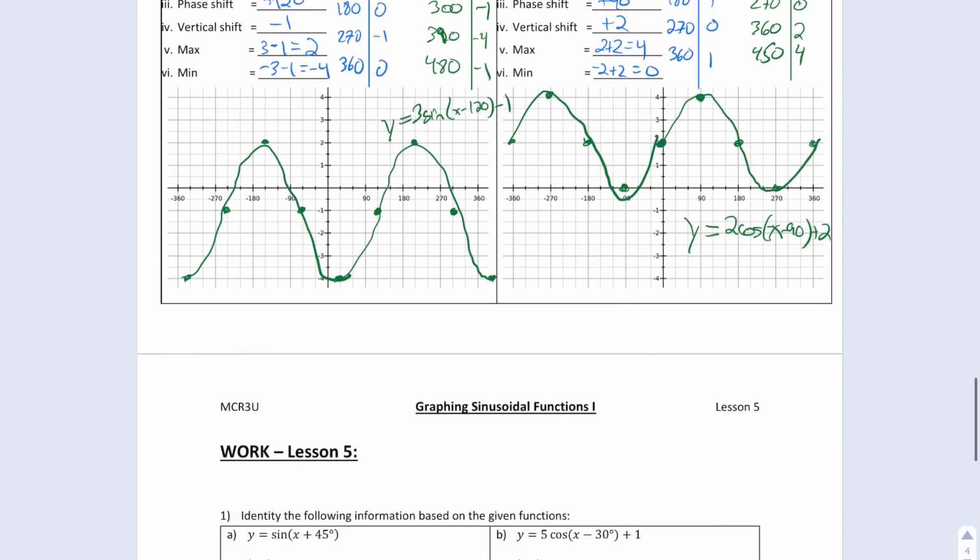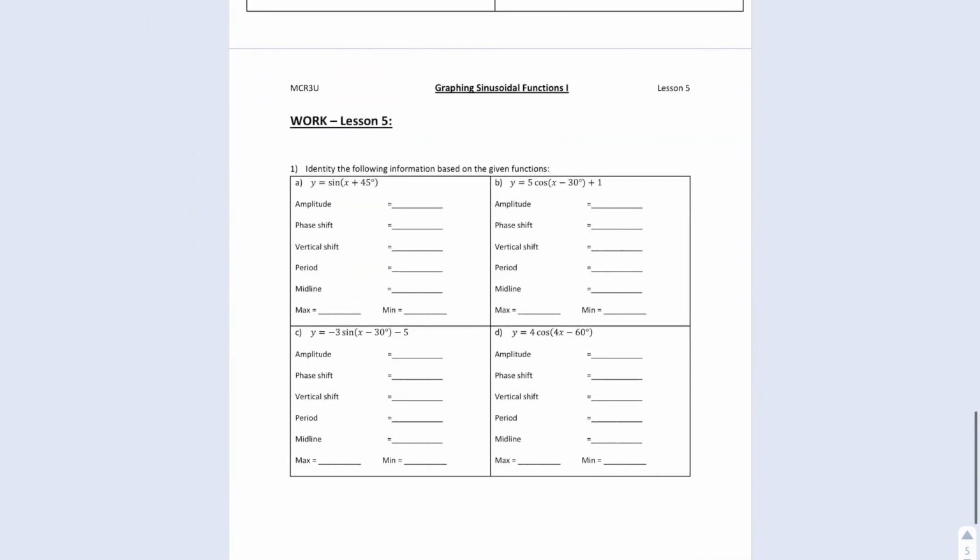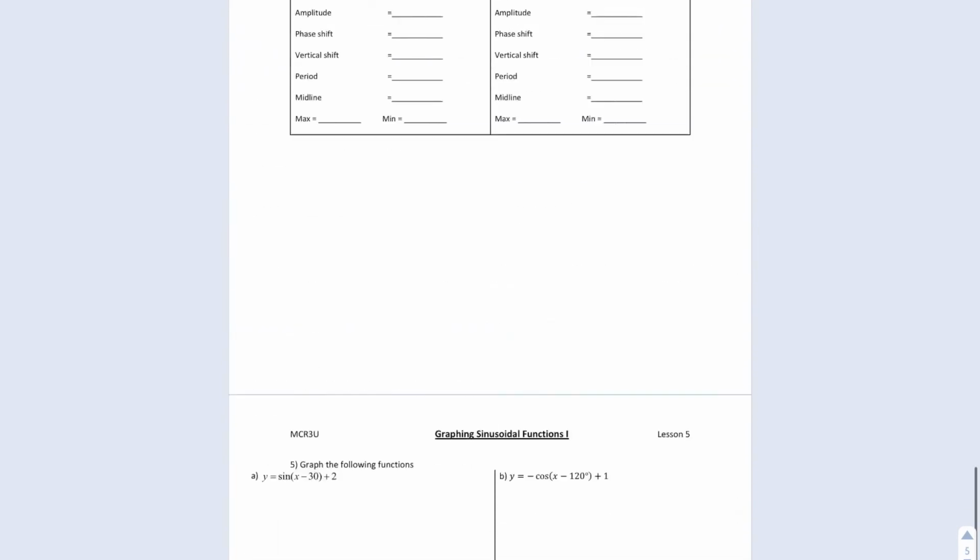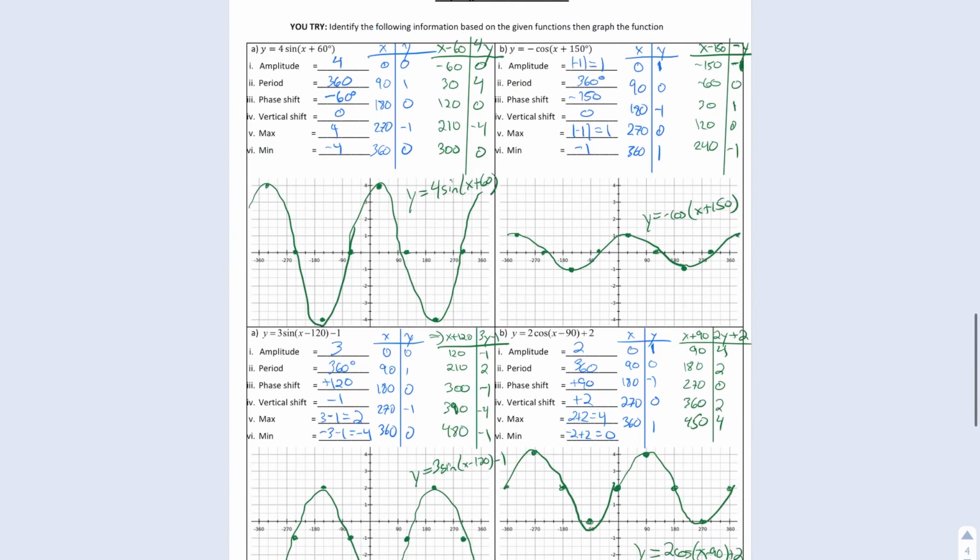So the key to this is just practice, but go through it. I'll post the solutions to your work. So there's not a ton to do here. It's just really practicing stuff and then some graphing questions down here, but I'll post those